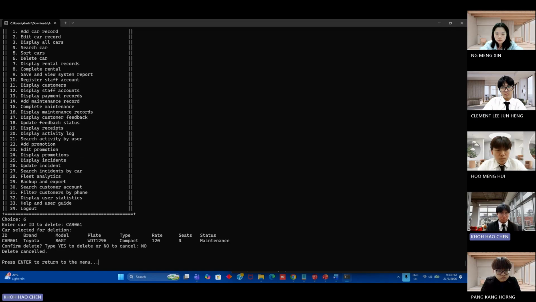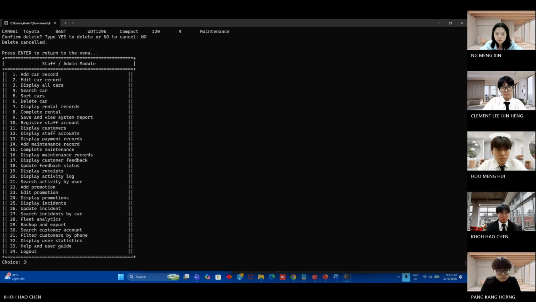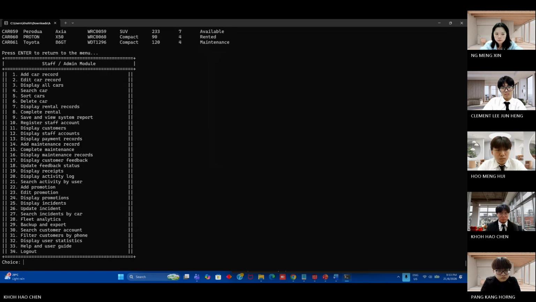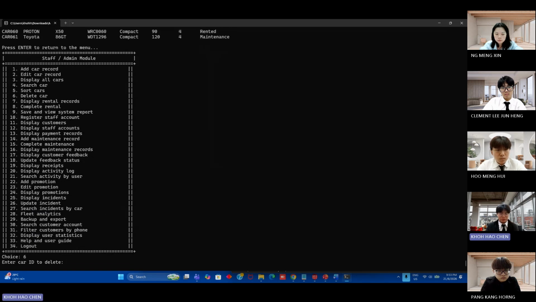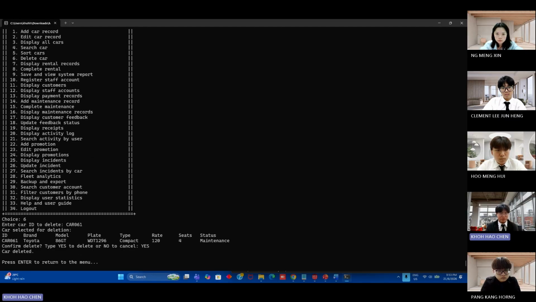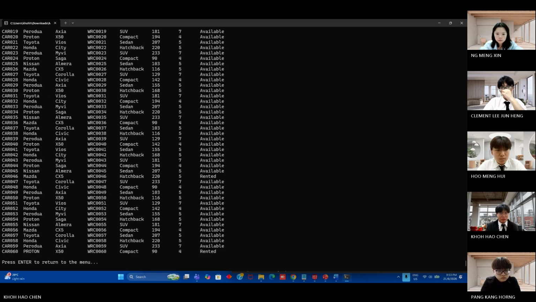So if I click no, the car will still be inside the system. So I go into delete car process again. If I type yes, the car will be deleted, and the car has been deleted.